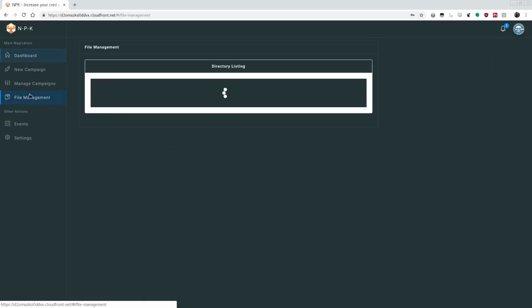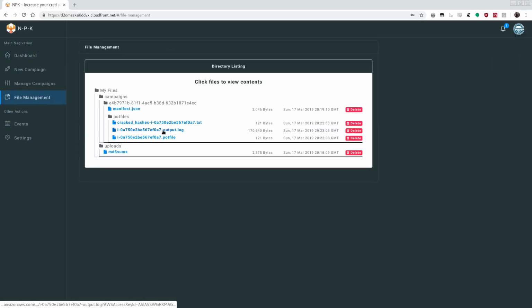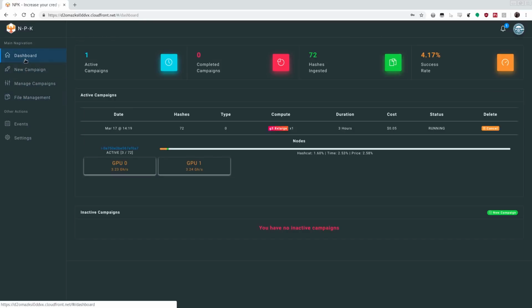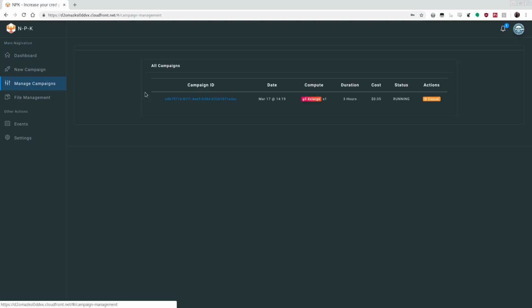If we'd like to see the results of our cracking in progress, we can come into the File Management and click Cracked Hashes. This will show us the hashes that have been recovered by Hashcat so far. We see there are 3. Let's go back to the dashboard and take a look at the timeline, see if we have another update. In fact, we do. We see that the timeline now includes a bit of green, indicating that hashes were successfully